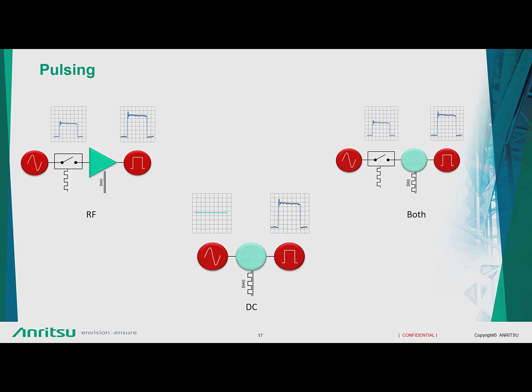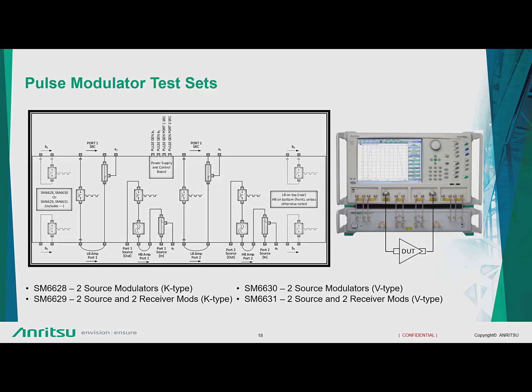As I mentioned, we do have pulse modulator test sets, and you can see that two of them are covering 40 gigahertz. The reason that we have two of them covering 40 gigahertz is that one has only source modulators. As you can see on the left, the SM662 has two source modulators, but the other model, which is also covering up to 40 gigahertz, has two source and two receiver modulators as well,